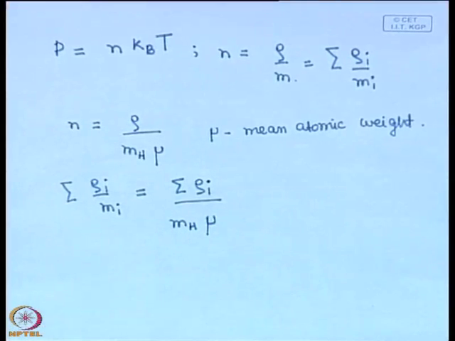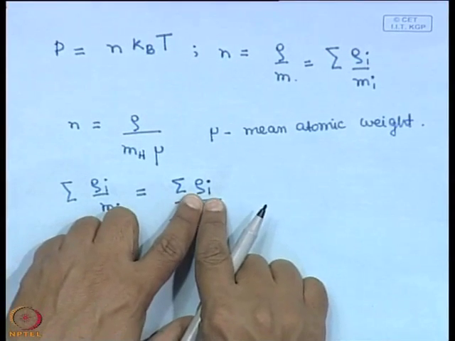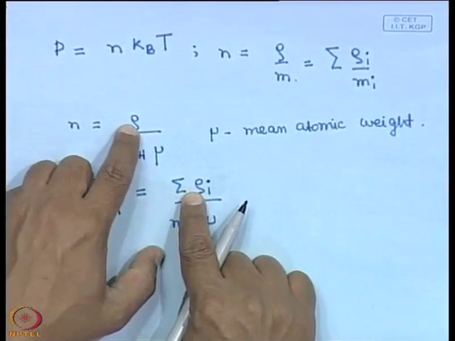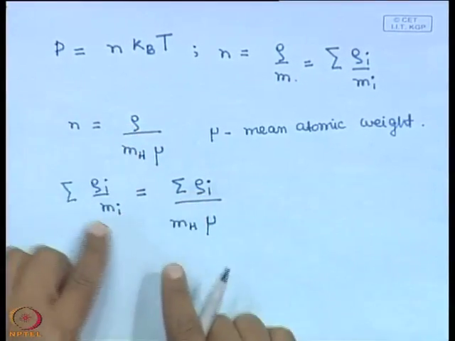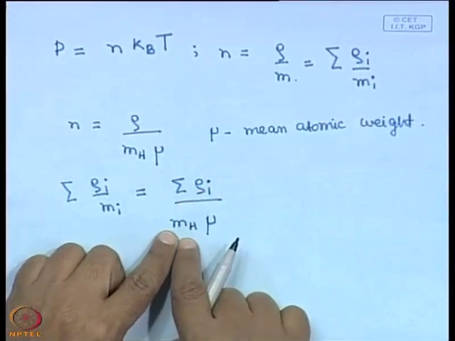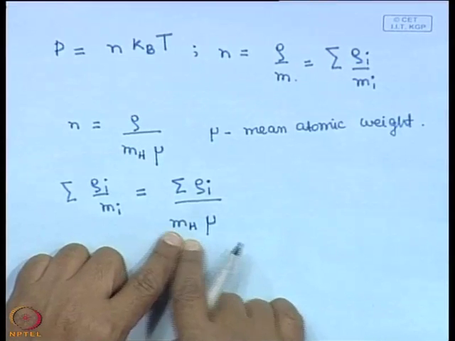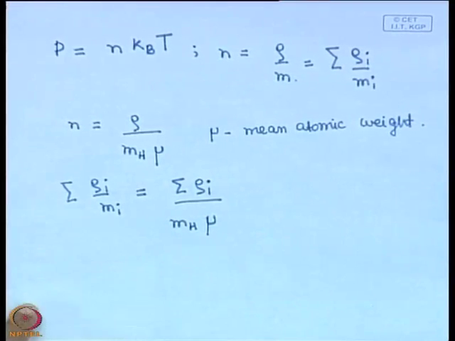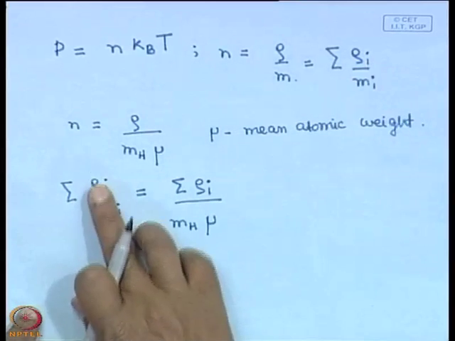That is what we have done. If there are many components, the sum of the densities of all the components is the total density rho, and the number density we have expressed like this. So, it is the total density divided by the mass of hydrogen atom divided by the mean atomic weight. Okay. So, we have just expressed this term like this,